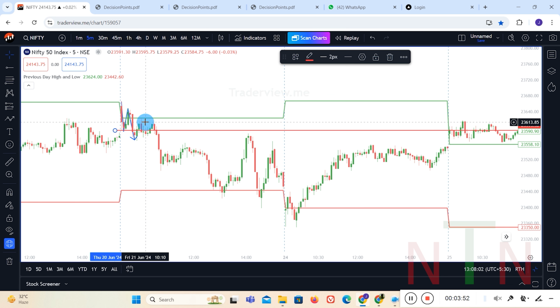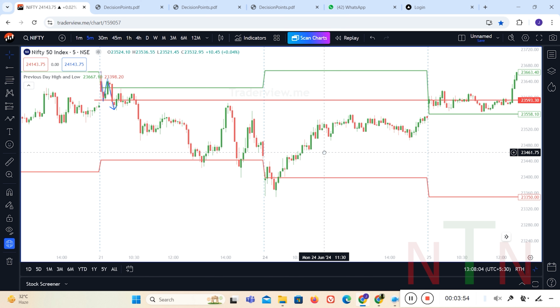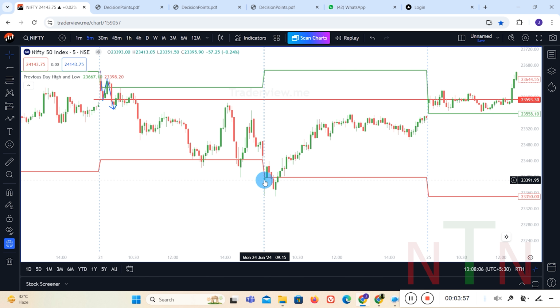So that was the first example. On the second day, the market opened below the previous day low. So what happened? Same, we draw the price action. It opened here, it went up, then it came down and it has gone up. The price action again went below the open price, then again it breaks the previous day low, breaks today's open price, and also breaks today's swing.